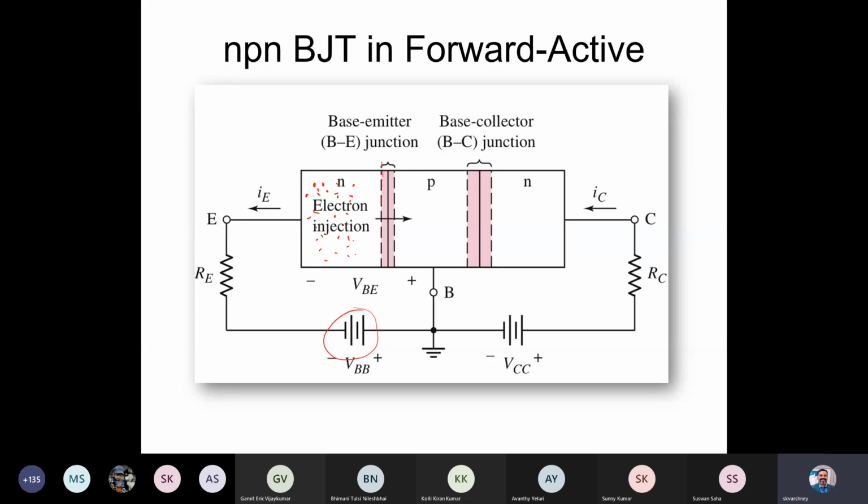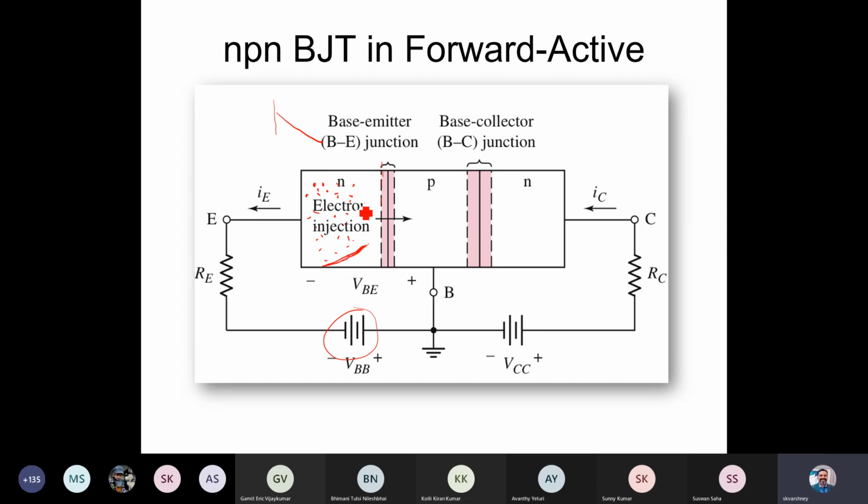So what's going to happen? Let's say electrons are the majority charge carriers and the minority charge carriers may have some doping profile, it may be something like this. So the doping profile for the electrons, and maybe the holes as minority charge might be something like this. Okay, I think it's in the next slide.